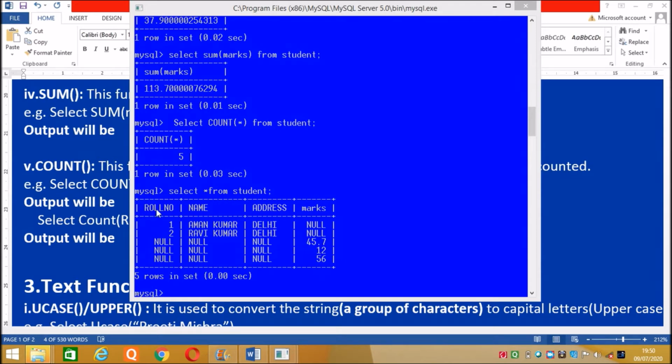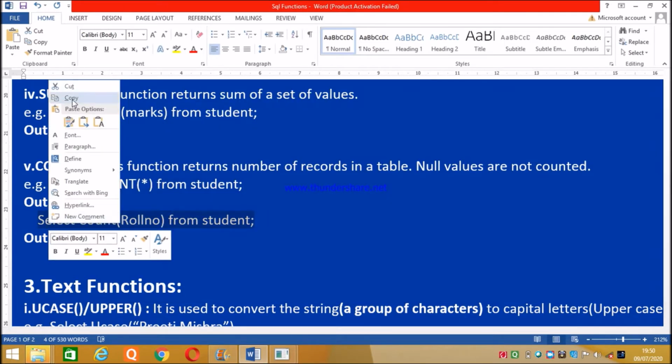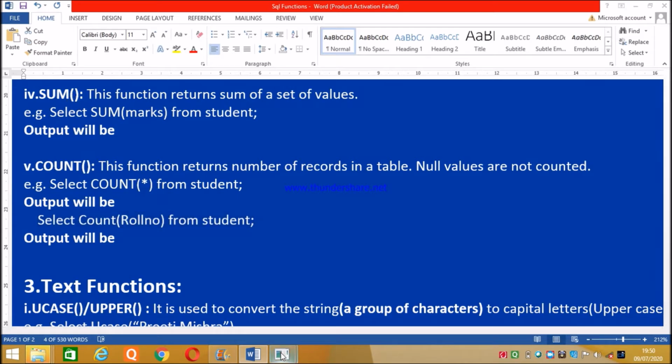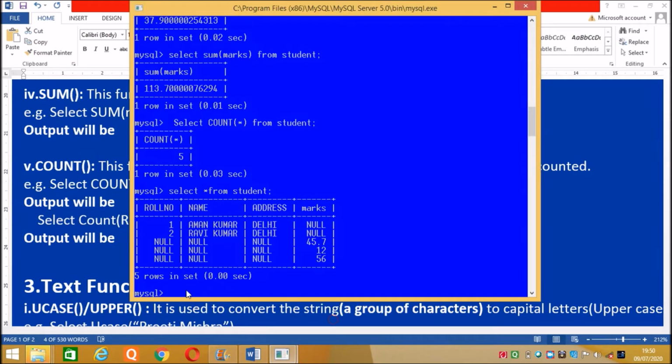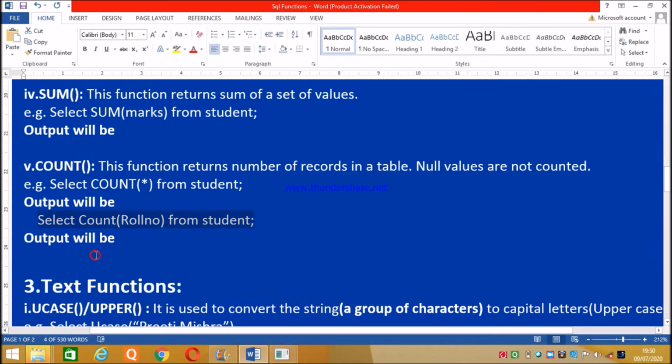But suppose for a particular column you are writing, what you have to do, see this example: SELECT COUNT(roll number). If the roll number is blank, now see the current records. Here 3 roll numbers are blank, so it will show the counting, and the count will come only 2. So this is the COUNT function. It will never count the null values.